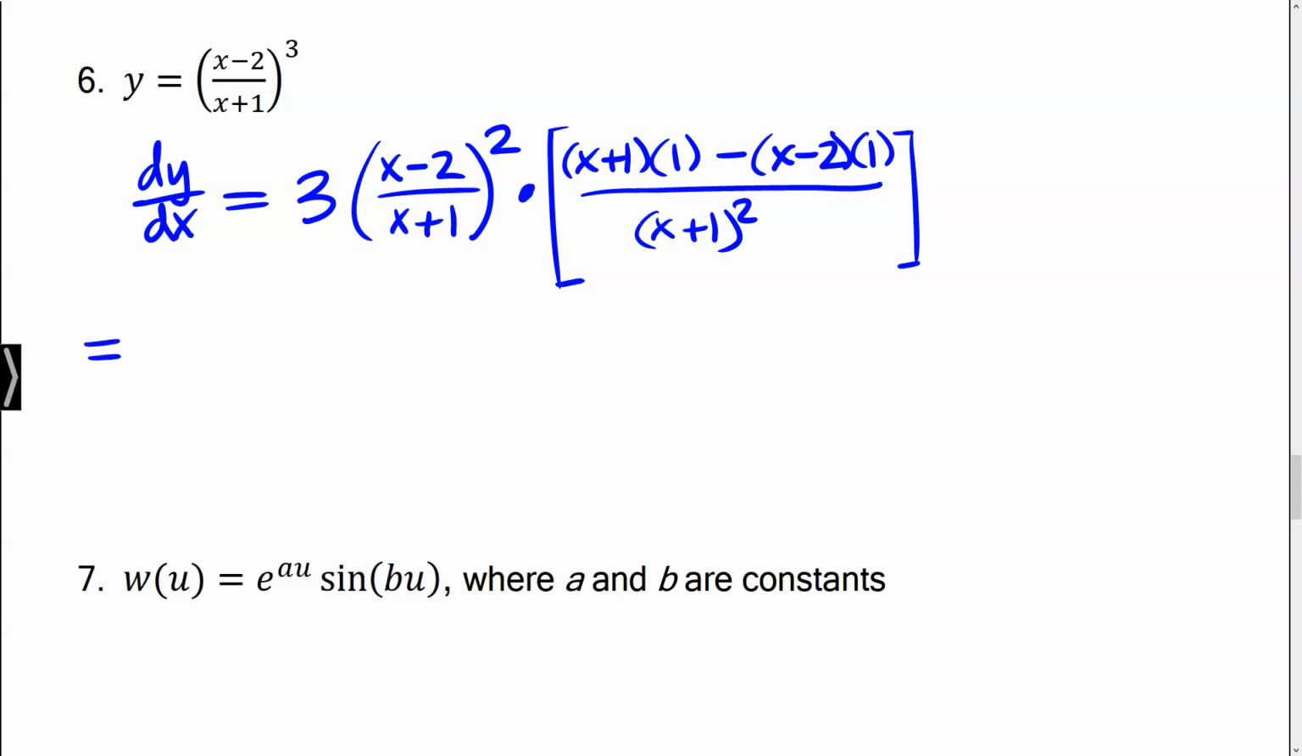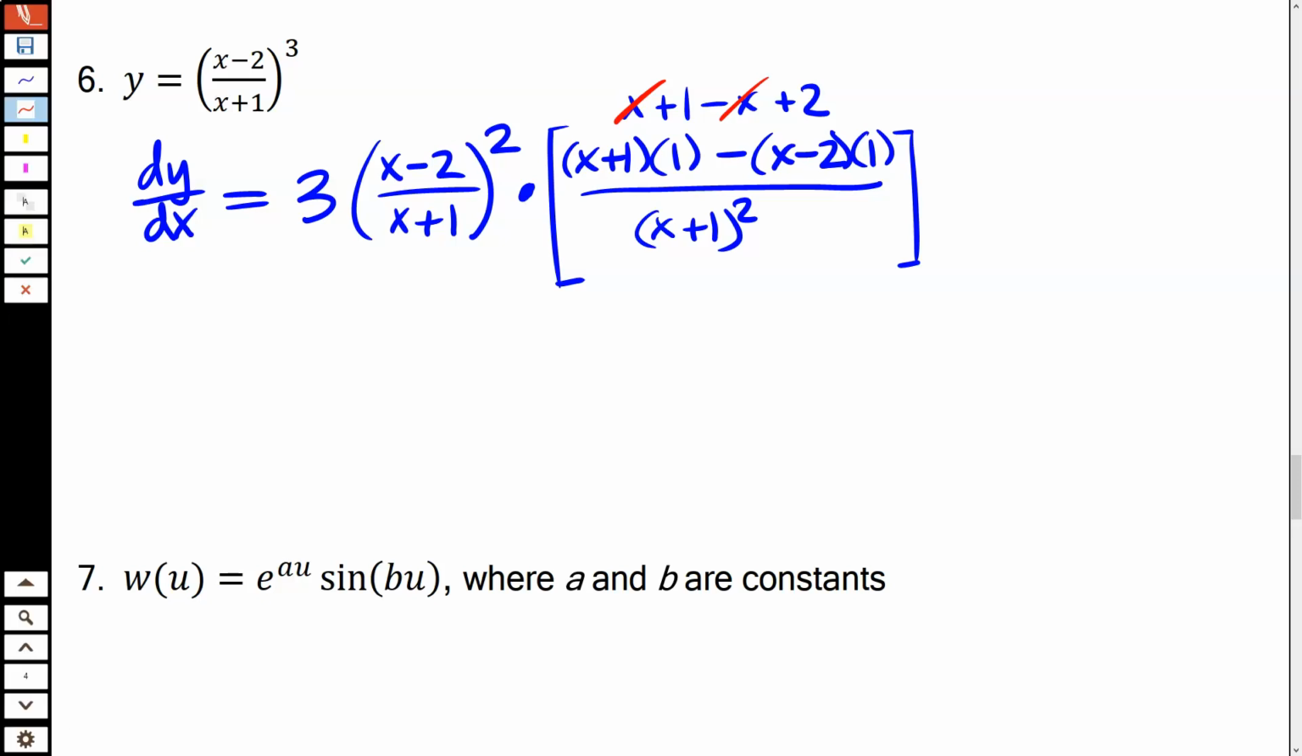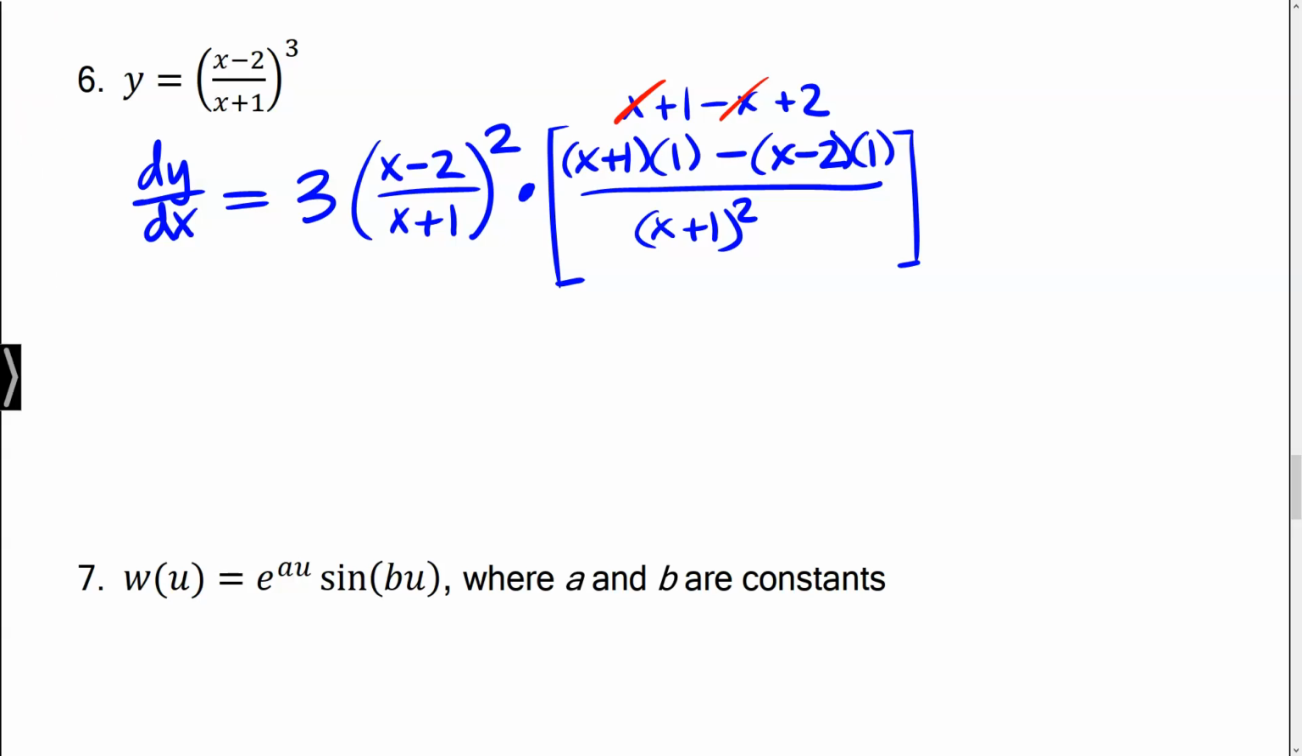Now it's a matter of cleaning it up. All right, so what do I have here on top? I've got an x plus 1 minus x plus 2. Okay, so that's nice. The x's are going to go away. And, okay, so I'm going to have 3 times 3, so I'm going to have a 9. And the rest of it, I just need to gather the common factors together. So altogether, it looks like I've got